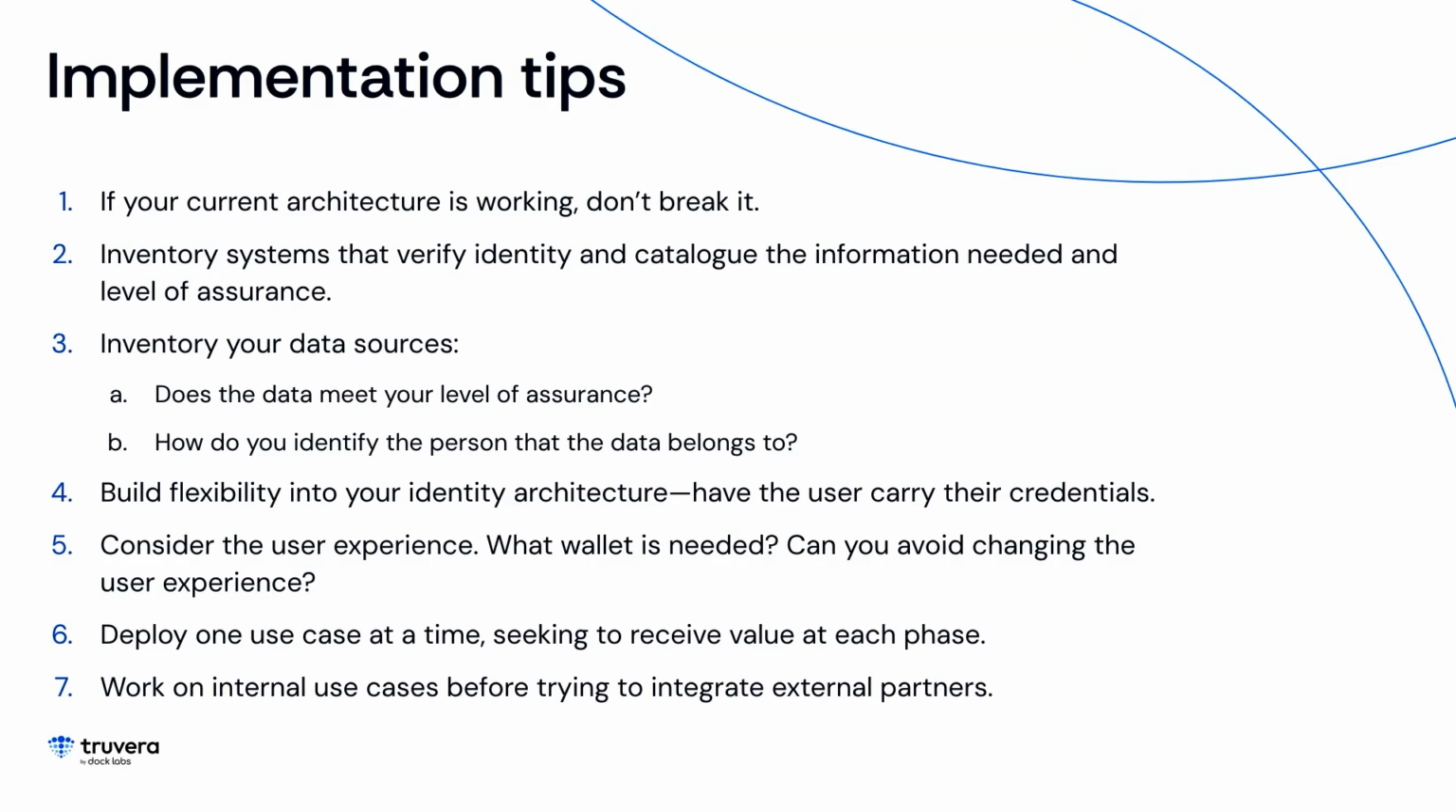Then we're going to look and say, what are all the systems that need to use data, and what is the level of assurance they need? What are the policies we need to create that data? And then we can inventory our data sources. Does the data meet our level of assurance? Do we need to bring on new sources of data, new identity providers, or new